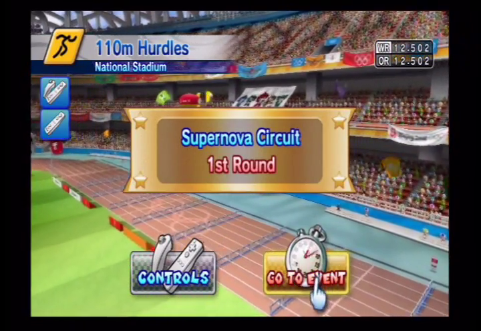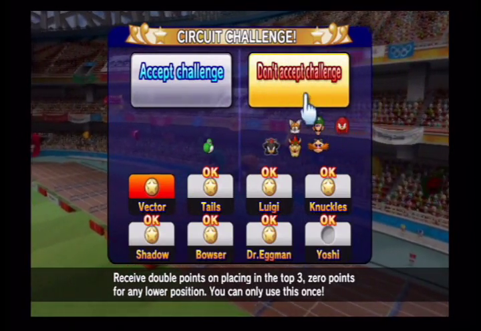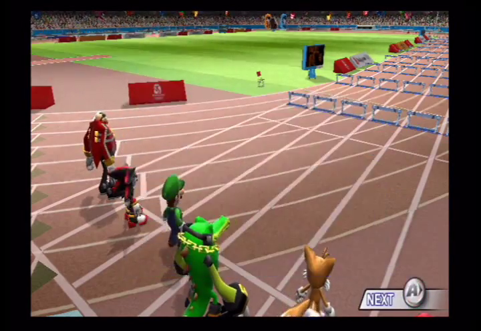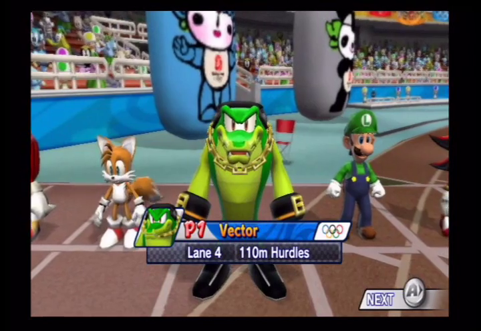So, as far as we noticed, we've now finally played all of the power type characters for right now. So let's get started with 110 meter hurdles. Again, the opponents can get really tough now, so...